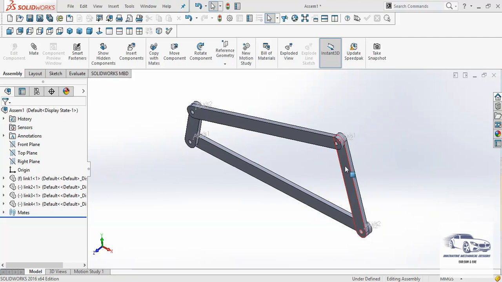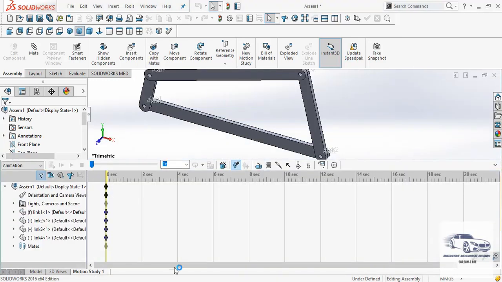Now first of all, we will create a simple mechanism, and then we will study how to create motion plots for different quantities like angular velocity, angular displacement, etc. with respect to time. For this, first we will go to the Motion Study tab, and here we will create a